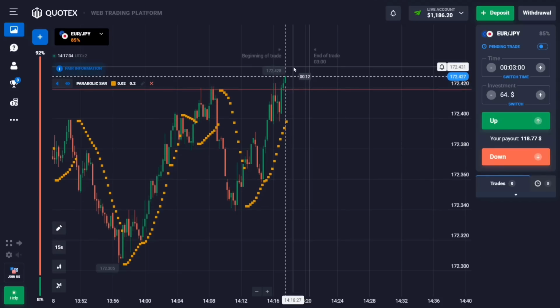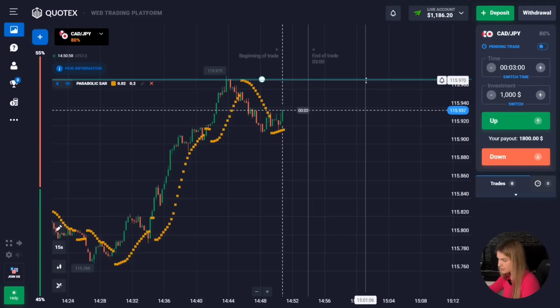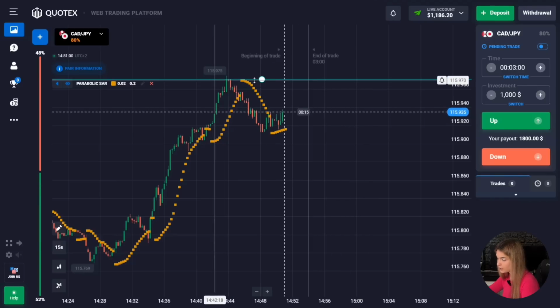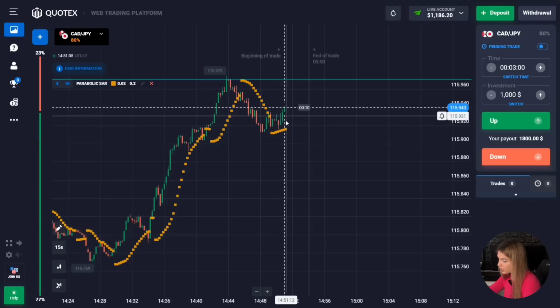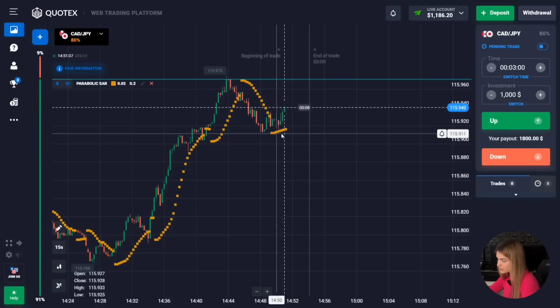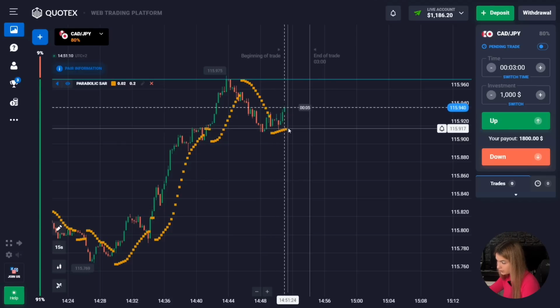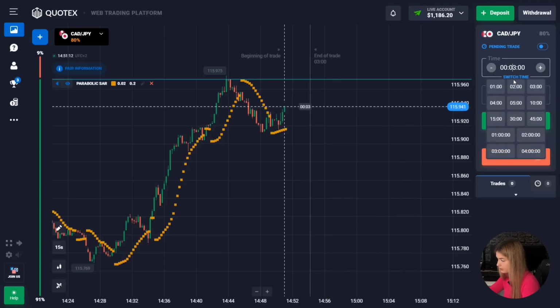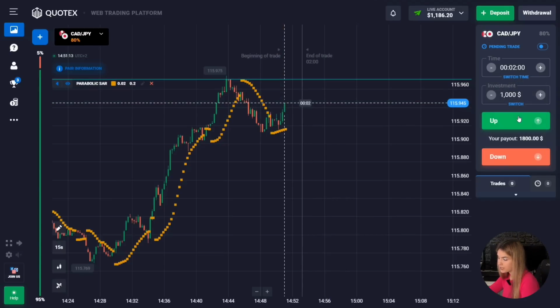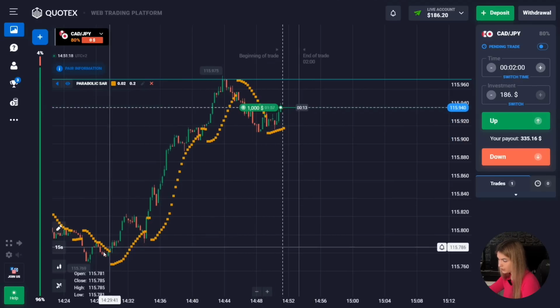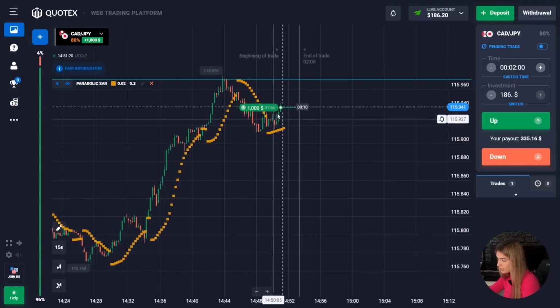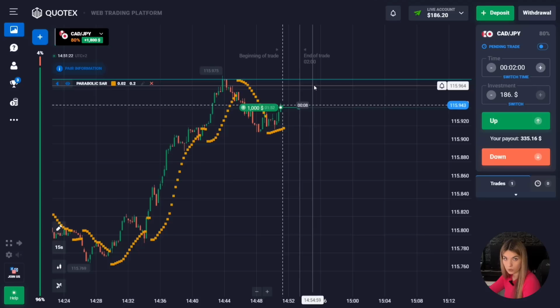Let's continue. So here we see the resistance level. At the same time there was a downward rollback from the level, and after it the price turned around and is approaching our level. Also points are formed under the graph. I suggest here opening a deal with 2-minute margin up in an uptrend, because the price here also has an excellent potential for growth. It is more likely the price will continue to move towards the level. It is also quite possible that it will be broken.